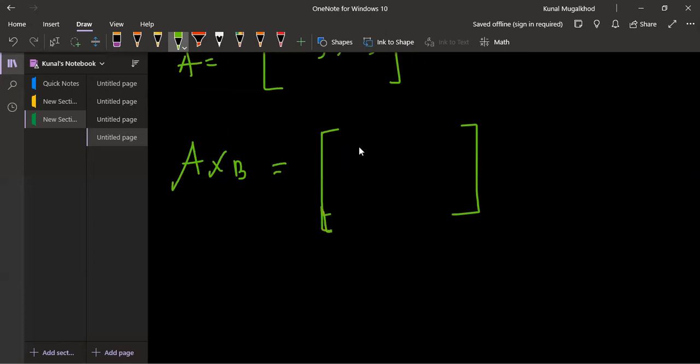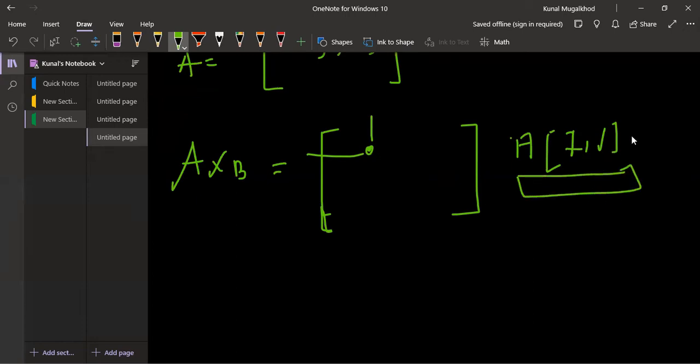Here there is an element at the ith row and jth column. So how will you compute the element of this particular position in the resultant matrix?